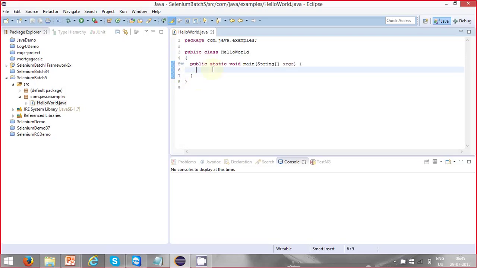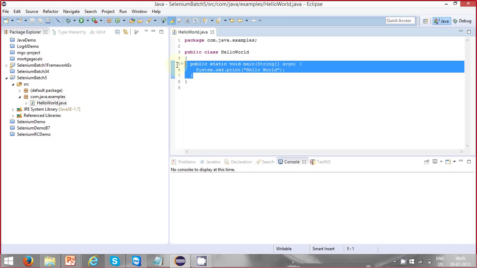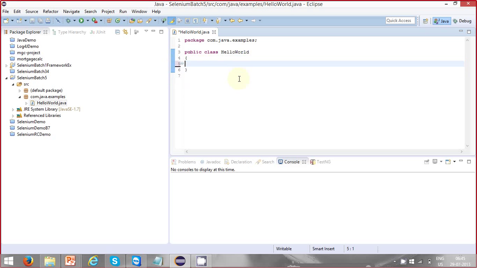So to print something on the console, system.out.println. Write something here. Hello world. Okay. So remember, you no need to type the complete thing in the script. Okay. Just type